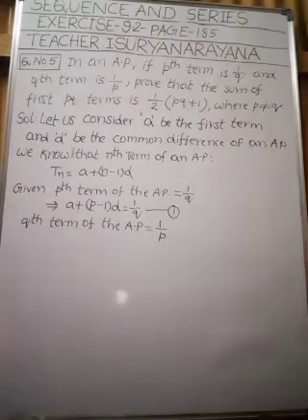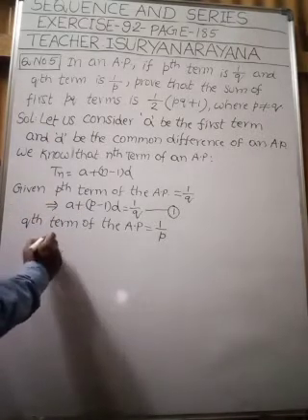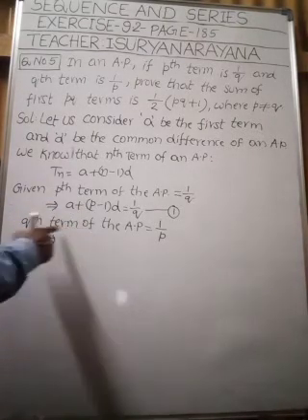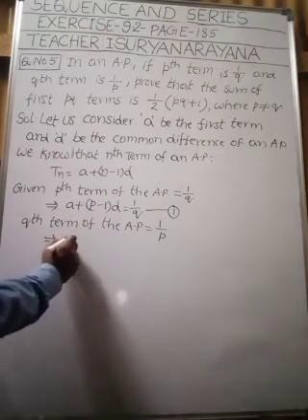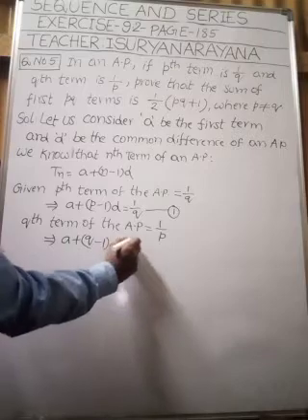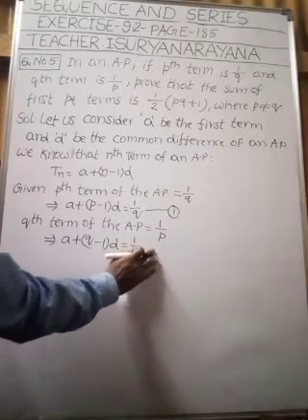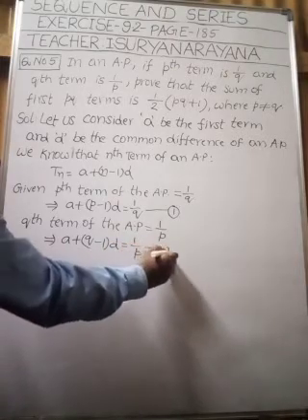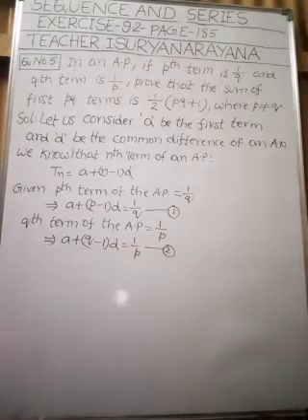The Qth term of the AP is equal to 1 by P. This implies, in notation form, the Qth term means A plus (Q minus 1) into D is equal to 1 by P. Consider this as equation 2. Okay, my children, if you observe these two